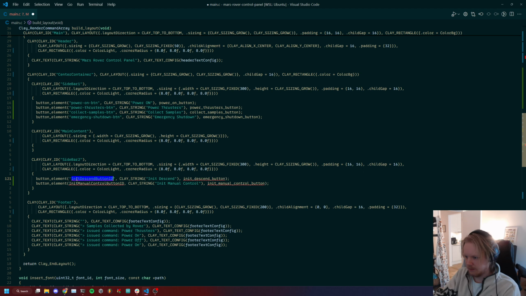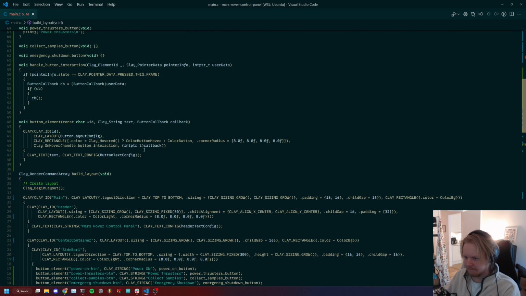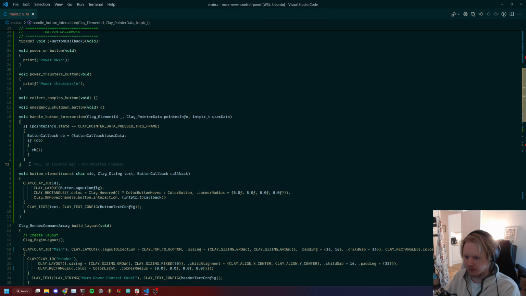So this will be init the send button, and this will be init manual control button. So once again, we need to define these two functions here. So let's do that. Copy them, go up to here,